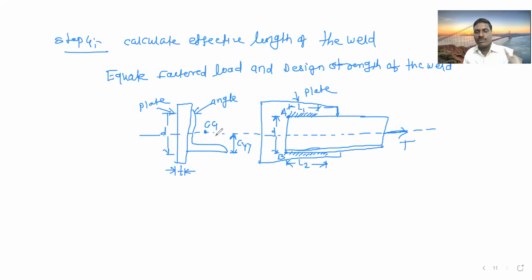So IS 800 2007 is different and steel table is different. I have told you, please print out the steel table also. So in this steel table, for this angle section, the Cyy value will be given. The size of angle will be given in the problem statement, and for that, this Cyy value will be given, and that is required. How to calculate, that we will see now in detail. First figure is over, then we will go ahead. Is this over?